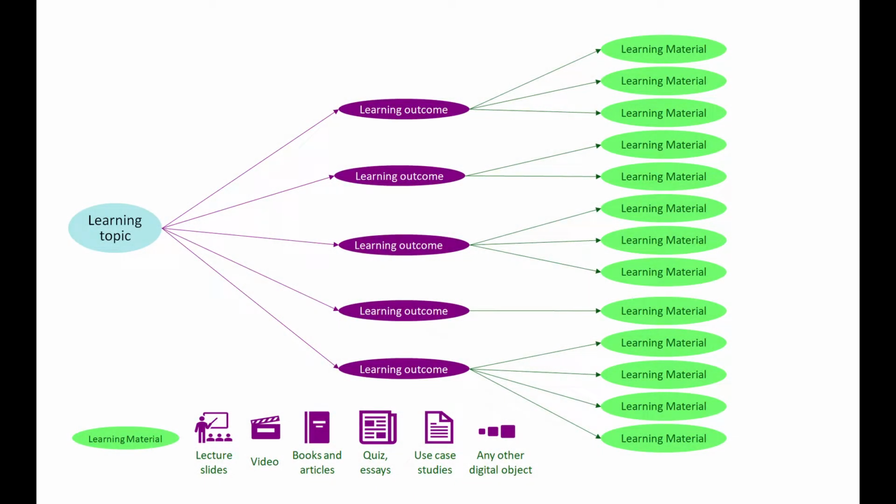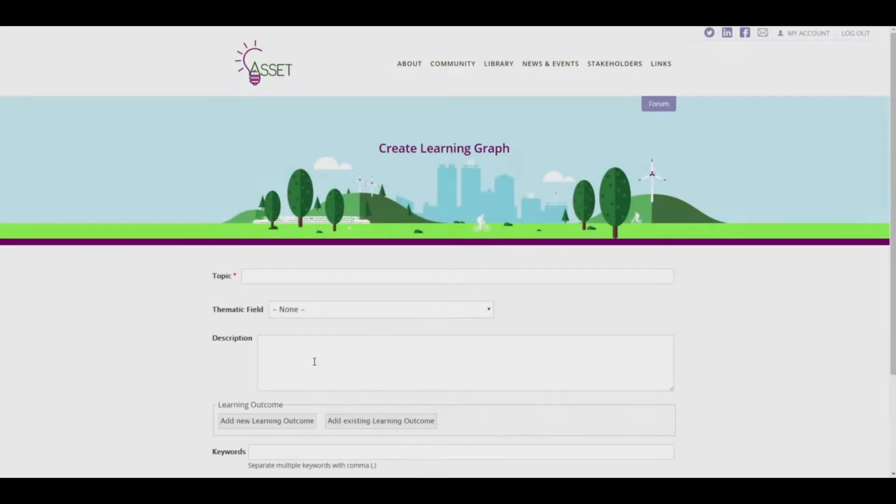To create a learning graph, you can either start from the root of the tree and proceed towards the leaves, or alternatively start from the learning materials and associate them with learning outcomes and these with a learning graph. In this video we are going to demonstrate the first method, so let's create a learning graph with topic AC